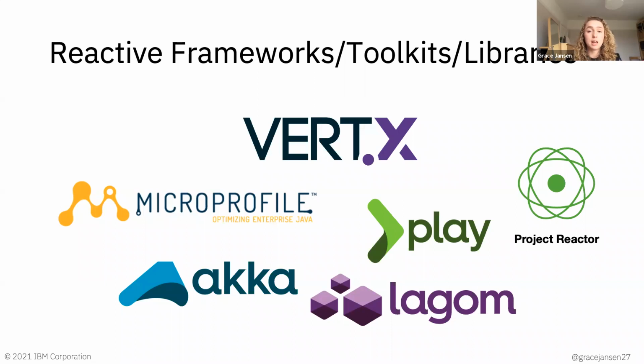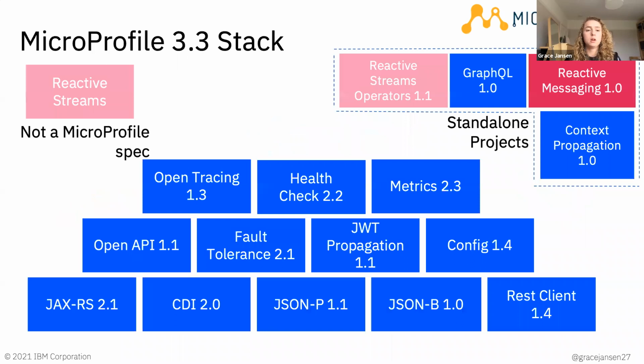The one we're going to be focusing on today, and the one that we're going to be utilizing in our interactive lab, is actually that MicroProfile specification I mentioned earlier. Taking a look back at the stack that I showed you before, we're going to be utilizing quite a few APIs, but the one we're going to be focusing on is the Reactive Messaging API, or that specification. The Reactive Messaging specification makes use of and interoperates with two other specifications: the Reactive Streams Operators one, which is another standalone project, and the Reactive Streams specification that I mentioned earlier, which was that community-driven standard for asynchronous streams. So we're going to be taking a look at this.